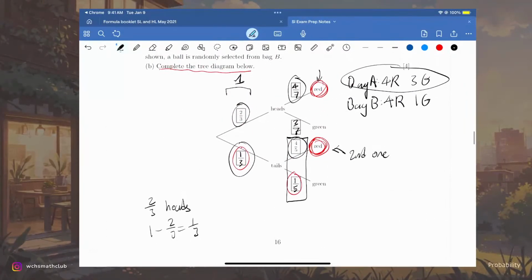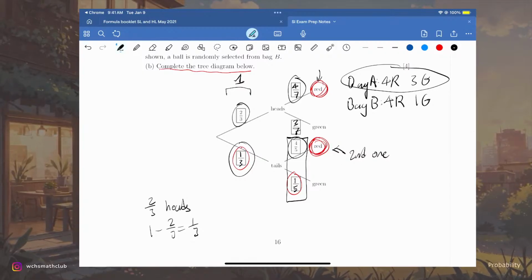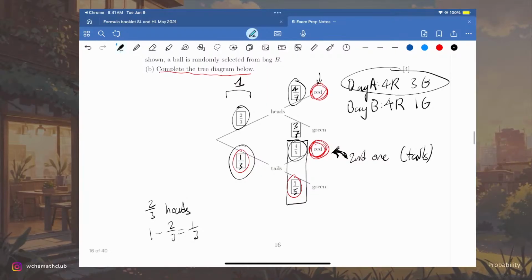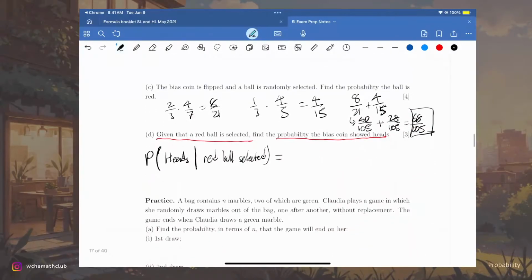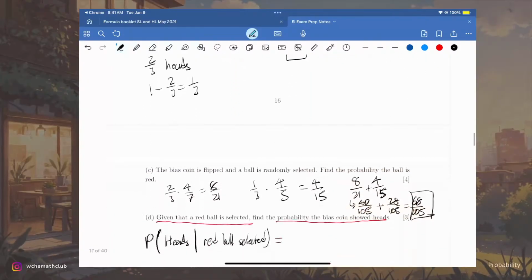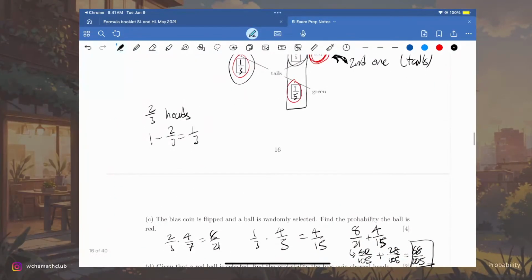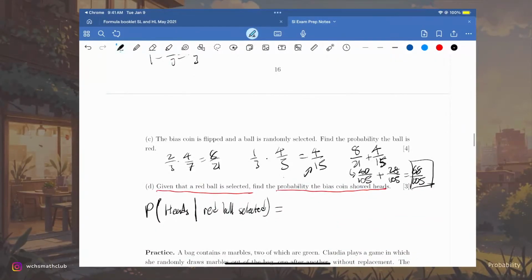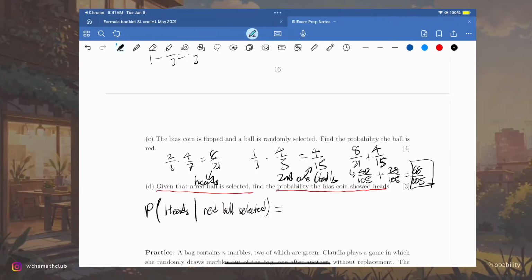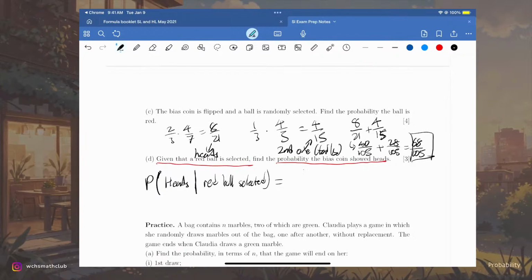So first of all, we have this one, the second one that we evaluated earlier, the red outcome on the bottom. Well, that happens when we flip tails on our biased coin. So we have, this is a little bit disorganized, it's fine though. So this was our probability for the second one, which is tails. And this is our probability for the first one, which is heads. And basically what we're going to do is we're going to find the probability of